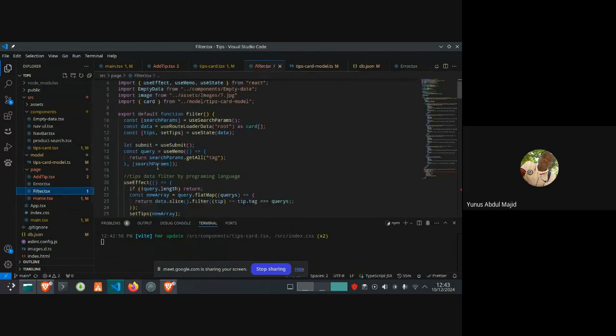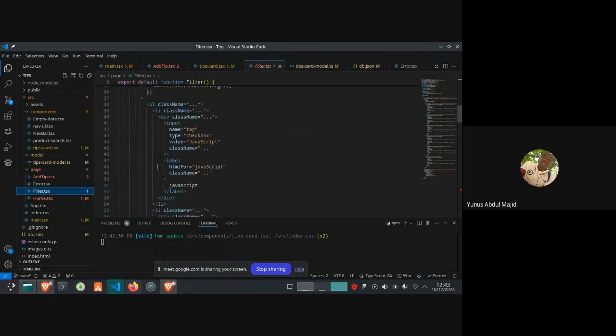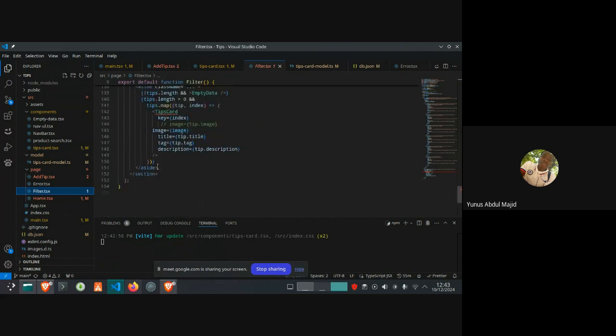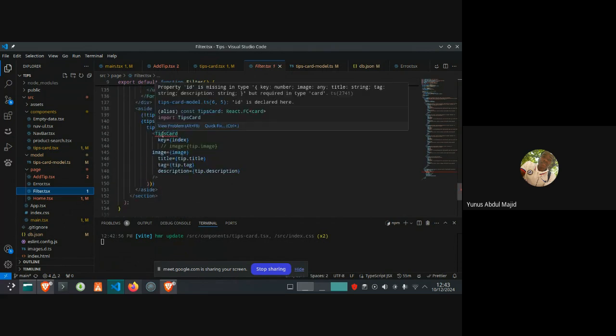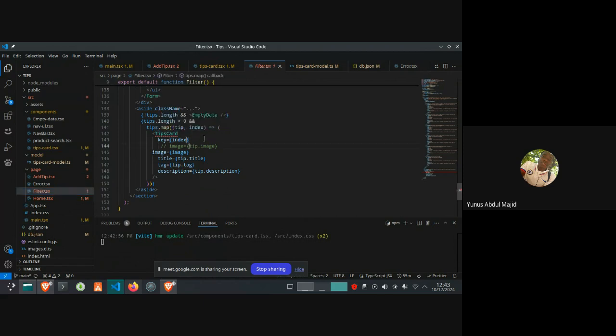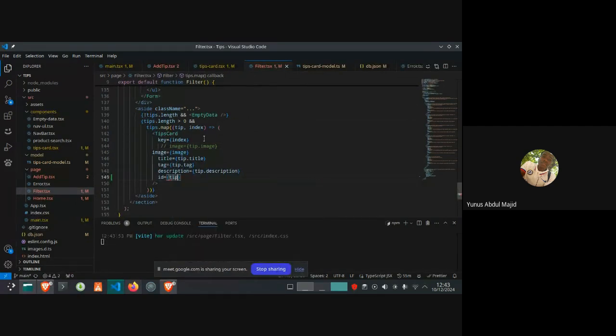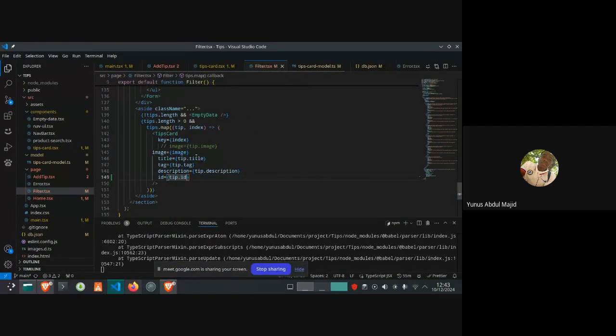So we need to pass the ID props. If it's shouting that property ID is missing in type, we need to pass an ID. ID of tips.ID.